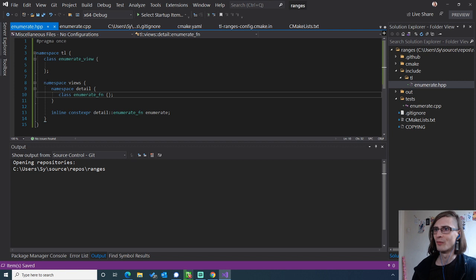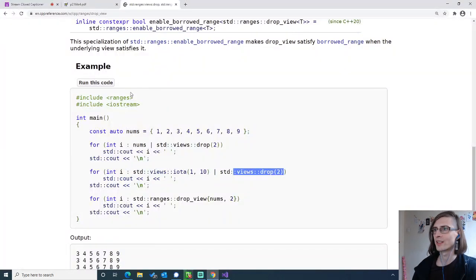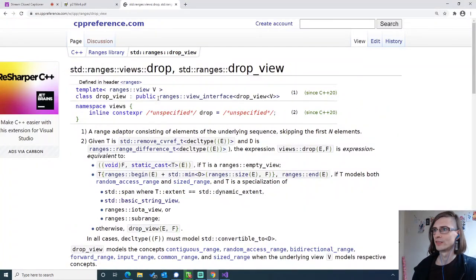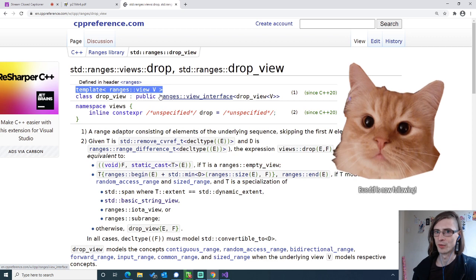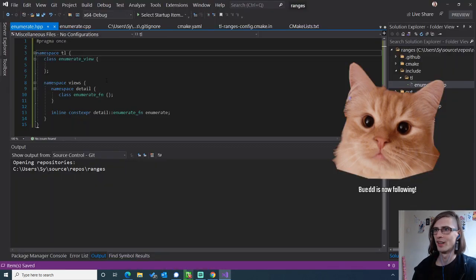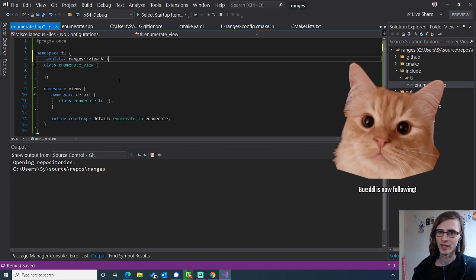So what do we want when we have an enumerate_view? Enumerate_view, just like something like drop_view, is going to be templated on some other view, right? Because you want to be able to construct this with a vector or a bidirectional range or an input range,